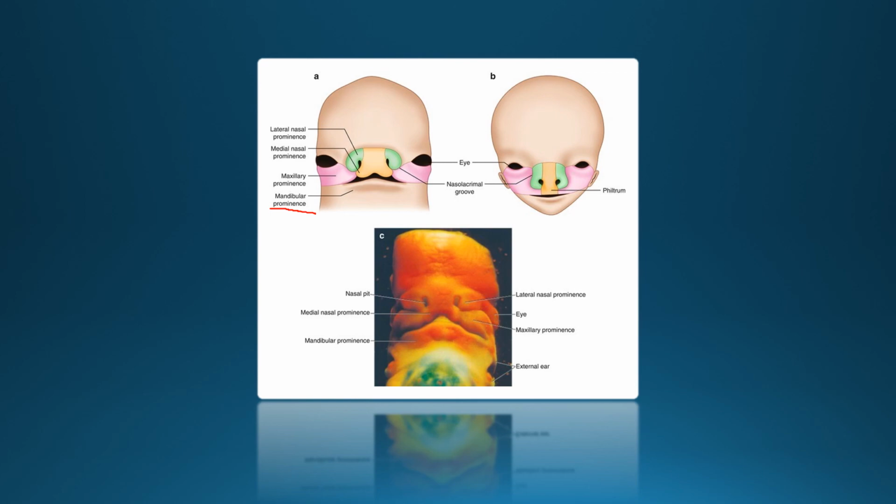Here we can see the lateral angle of the mouth. Previously, this lateral angle of the mouth was in close connection up to the auricle. Once fusion occurs between the maxillary and mandibular processes, the lateral angle comes more medially. That is, the lateral end is going to fuse, and then we get a definitive oral cavity.